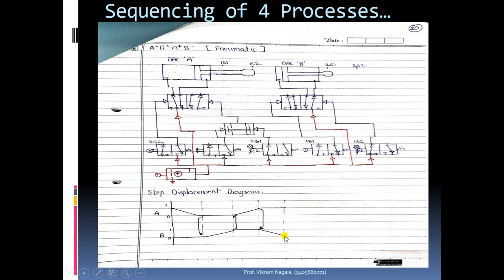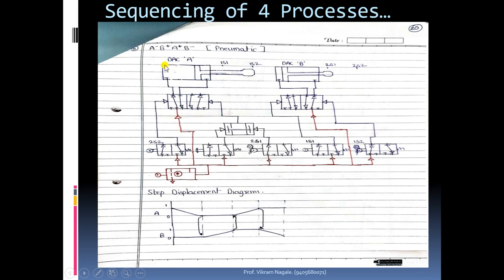And after completion of this process, and after completion of one cycle, from here we will be taking feedback from this position, and we can give a feedback over here in order to start with the next cycle. Okay, so that is how we will be taking a feedback signal, and we are implementing it for the